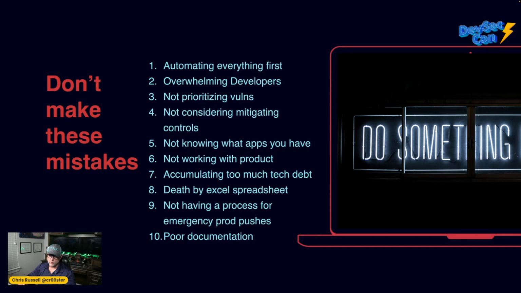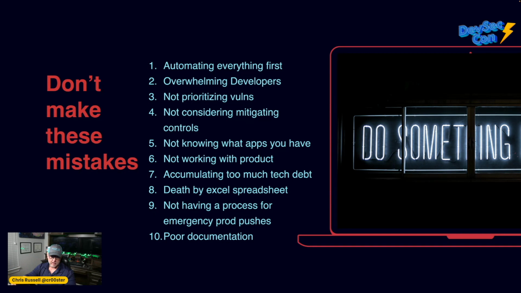Not considering mitigating controls. There are some things that are so locked down by 10 other controls, the security team can say, you know what, this one can take a minute, you can patch this later, we can upgrade the dependencies later on this, because not only is this behind the WAF and the Palo Alto firewall, and it's got EDR on it, and I've got 10 other tools on it, the likelihood of this vulnerability even executing is totally mitigated by these other controls. So AppSec is still a section of your overall information security, and make sure you're thinking about what else you have around it, and using that in your assessment.